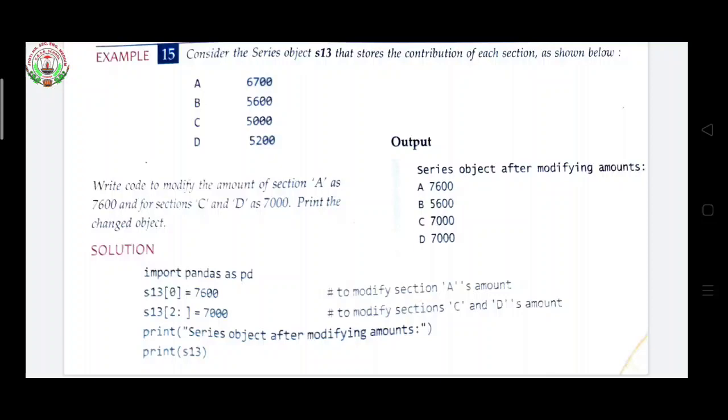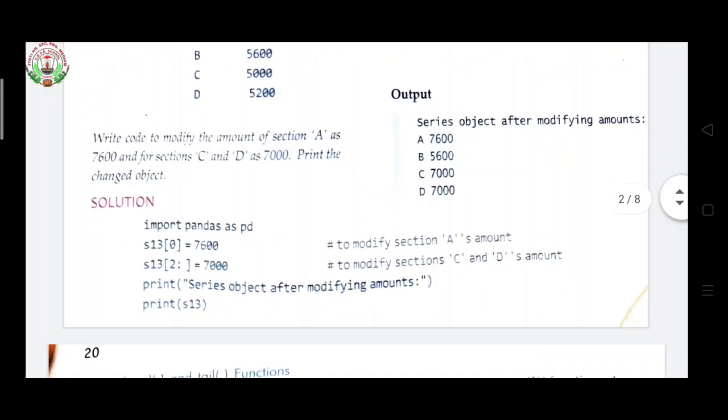Now see these values. The question says A should be 7600. A's actual value is 6700, so the changed value is 7600. C's value is 5000 and D's value is 5200. So after modifying this, now you are printing.